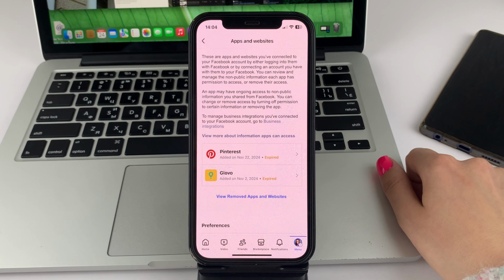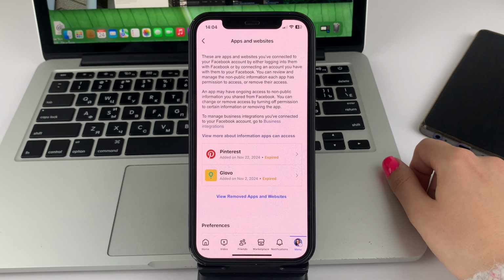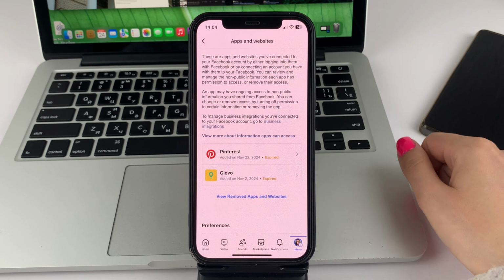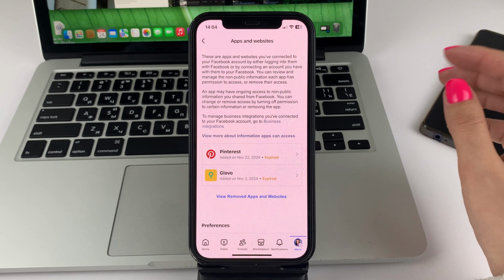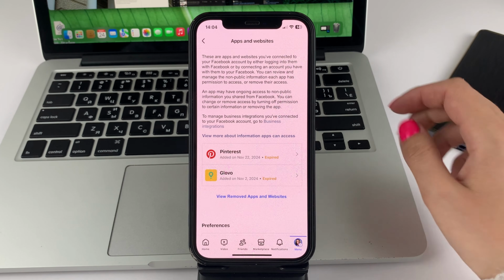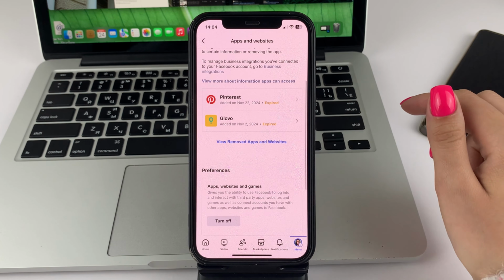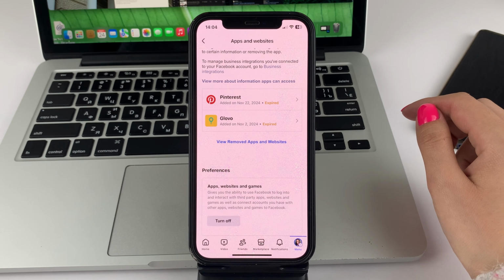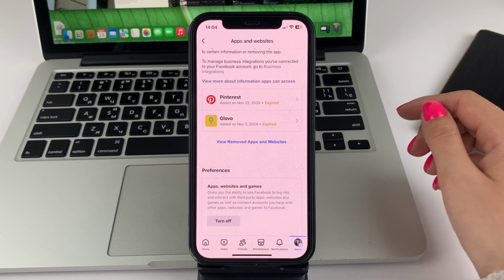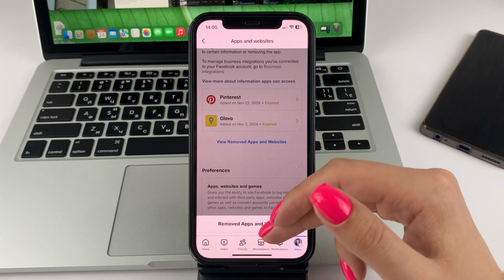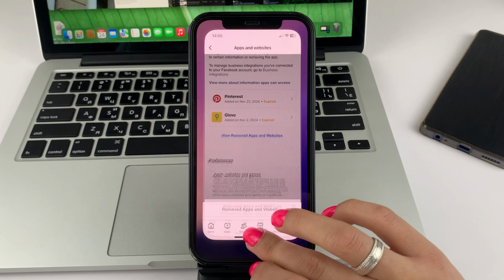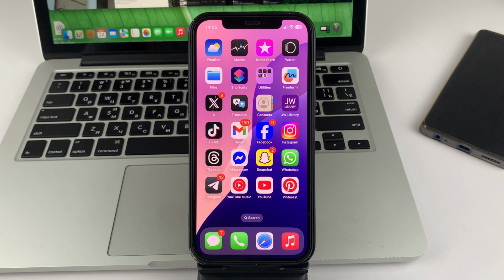Next, when you open this, you can see the different apps that you have connected and associated with your Facebook account. You can delete them as needed. If you go here and you don't have any apps, they're already deleted. You can click on See Deleted Apps and Websites and see them in this list. That's how quick and very easy, friends, you can find and delete the connected apps to your Facebook account.